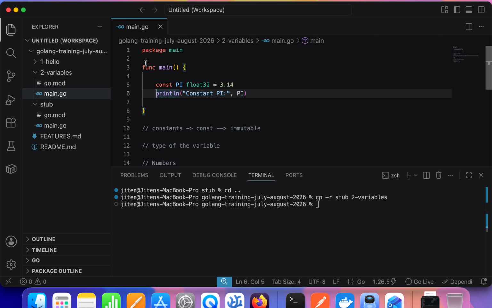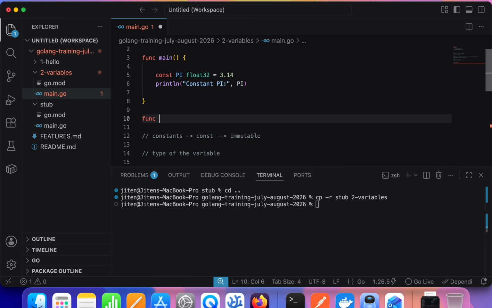Every function that you create creates a stack frame. Within the main function, we declare a variable, okay, within the main function. This is how it is declared. Let us say that I want to use this variable. So, for example, pi multiplied by,